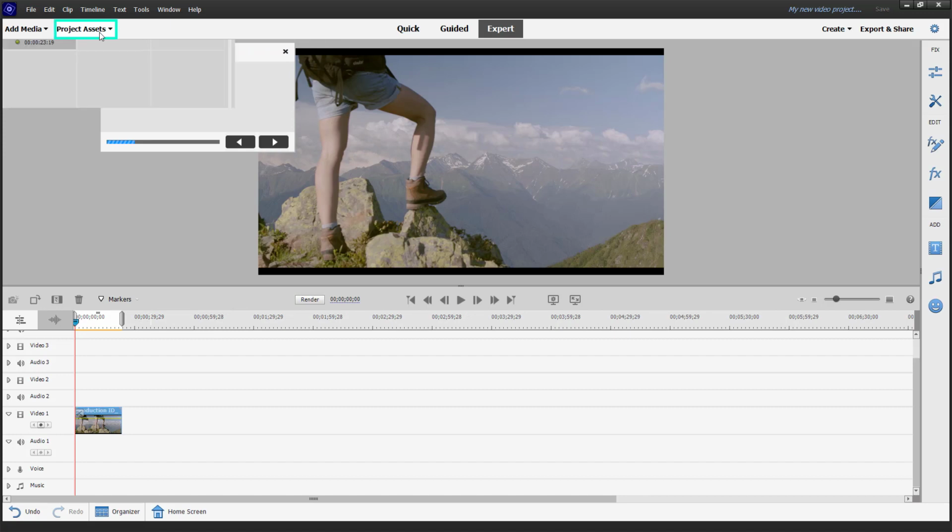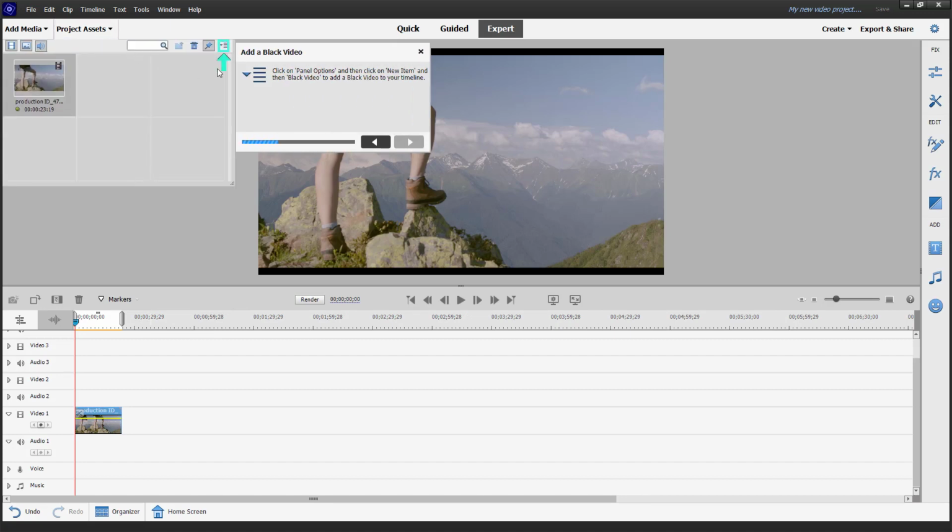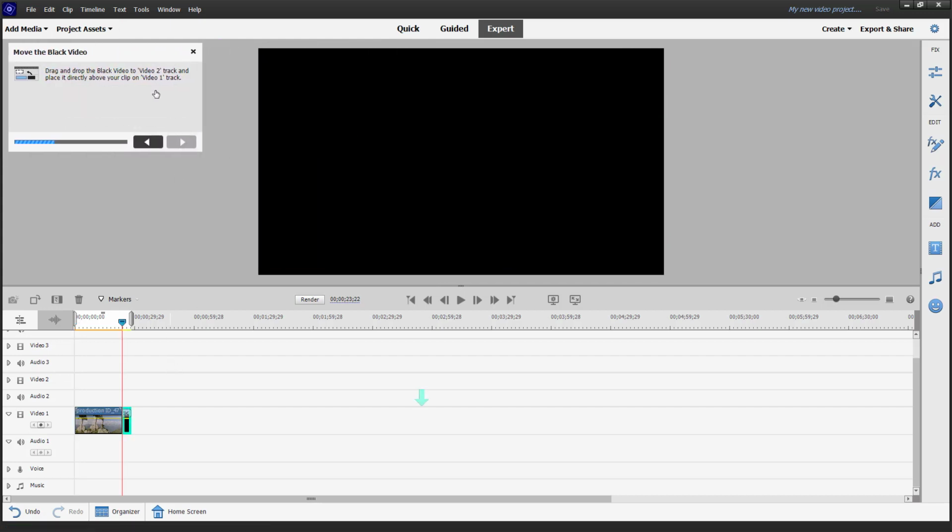And it is asking me to go to project assets right here. And it says go to the panel option and click on new item. And it says choose blank video right here. So you can see that this is what you have. It says drag and drop the blank video over here onto video 2 right here, just like this, and expand the duration. So let me just expand the duration to the video right here